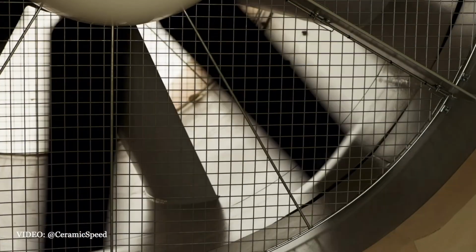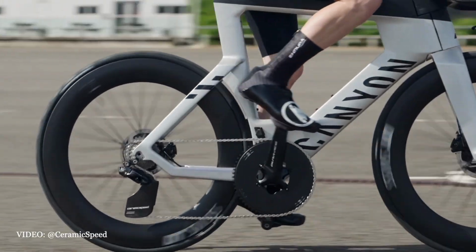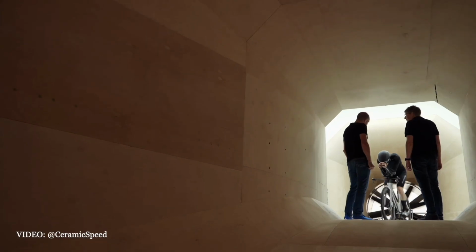Despite what I'm about to say in this video, I am no aero skeptic. It's a surefire way to make yourself quicker, or my favourite, go the same speed for less effort. I love carbon deeps, can often be found riding an aero-ish frame, and I've even got a soft spot for